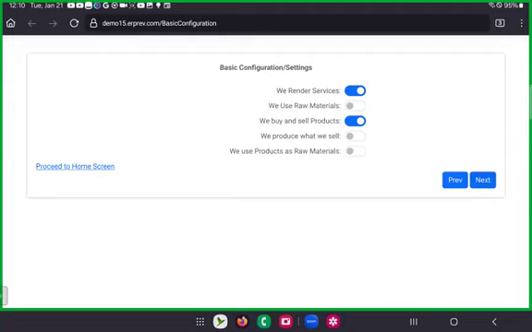Then system will take you to another page where you're expected to specify the type of business. So I'll say we render services, we use raw material, and here I'll choose we produce what we sell. Now, in your organization, if you also buy and sell, that you buy products from other people, just add your own profit margin and sell, then you need to enable this as well. But if all the items in your outlets or in your company is produced by you, then you click we